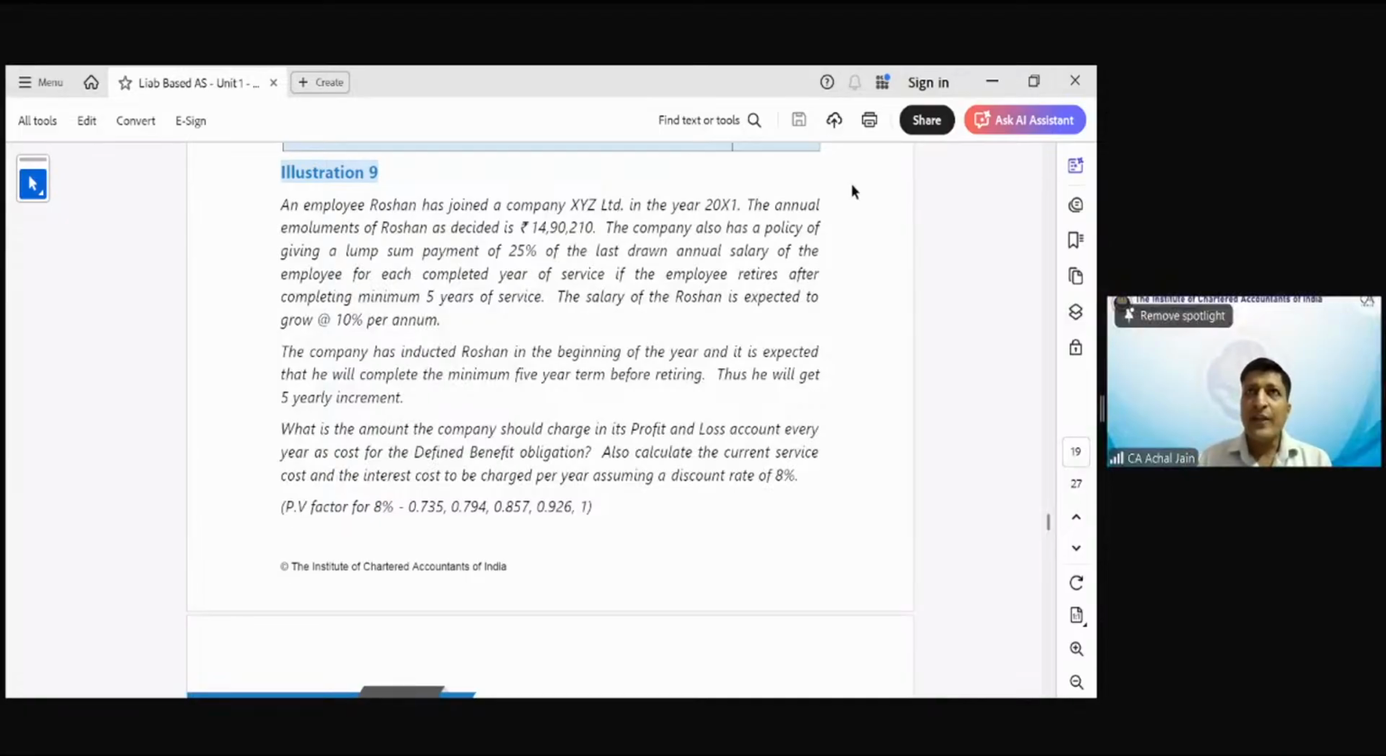Okay. So when you will calculate the post-retirement benefit, you will use some basis. And what is going to be that basis? This 14,90,000. Everyone clear on this? Yeah. All right. So now let's look at the solution. Okay. So now